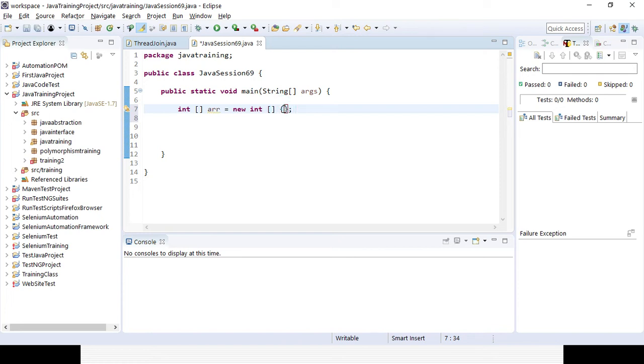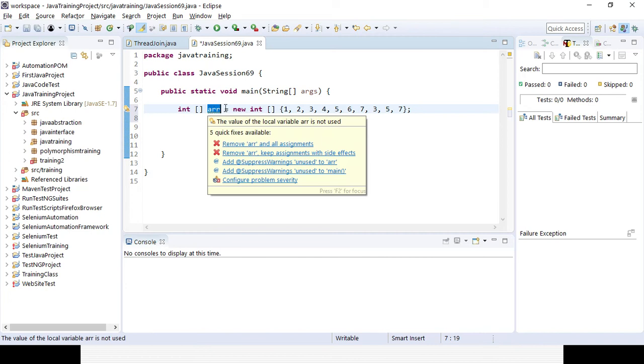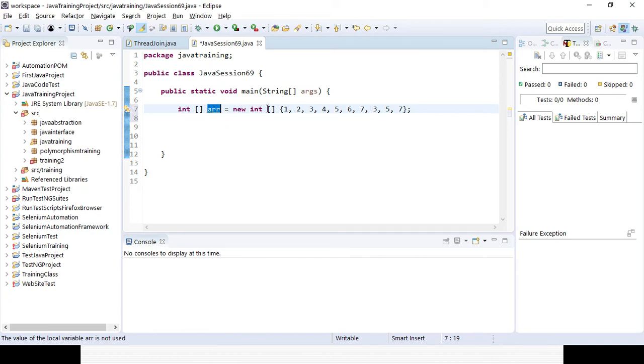Inside the curly brackets you need to provide the elements of the array, right? As it is integer, it will be numbers only: 2 3 4 5 6 7, right? And suppose I am giving a few duplicate elements. Suppose 3 is a duplicate element, 5 is a duplicate element, 7 is a duplicate element, right? So here I am defining an array with integer data type, and the variable name of the array is arr, and new data type, and here I have declared 10 different elements, 1 2 3 4 5 6 7, and 3 5 7 is